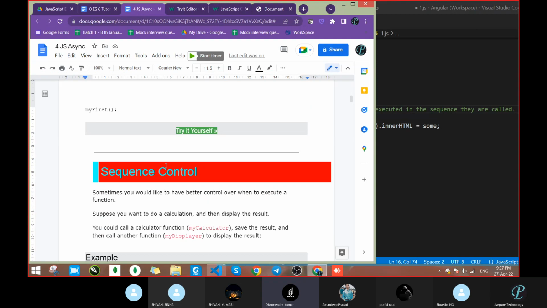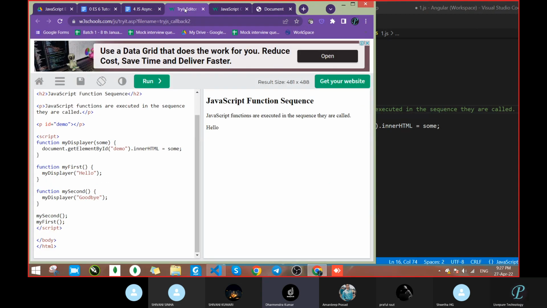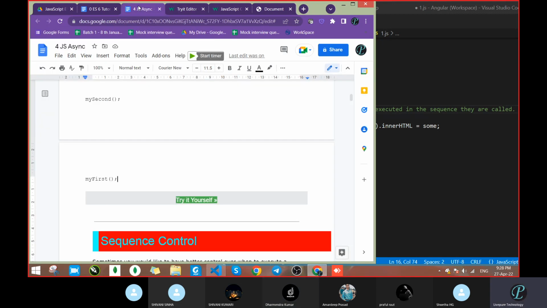But sir, here the function is overriding. Yes, override, correct. That's why we get the output of the last one. See, where is my first? My first is hello, and this hello will be passed as an argument. So we get hello because the last value gets overridden. But if you print in the console, you will not get override. Sir, we can use plus also. Yes, we can do that too, like an assignment operator.